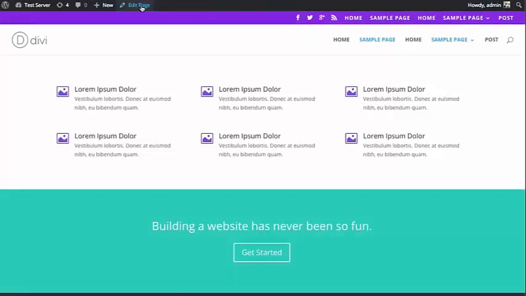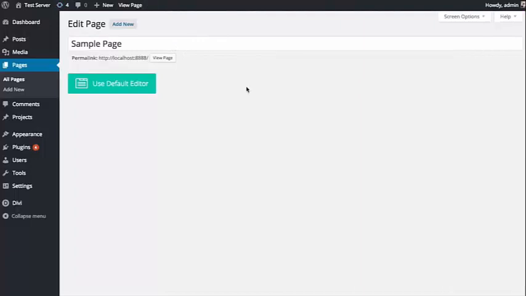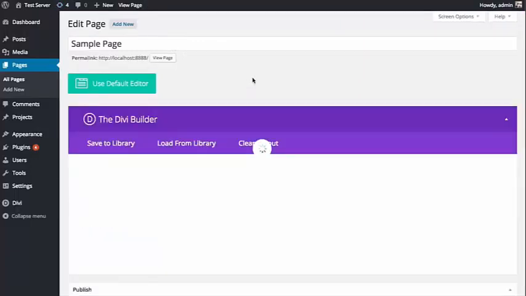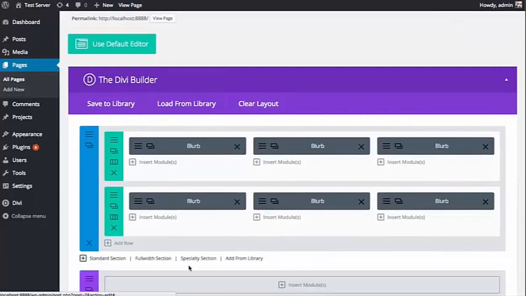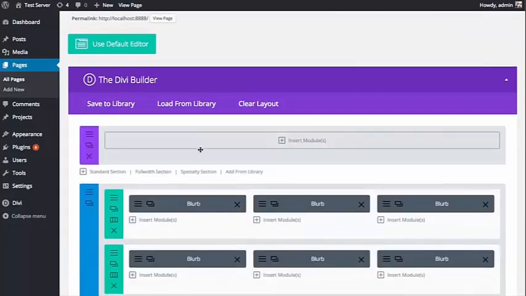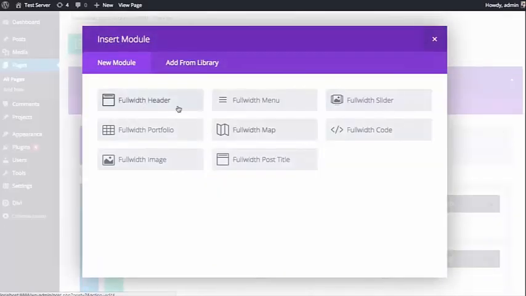So I'm going to edit this page to bring up the Divi builder, and then I'm going to add a new full-width section, because since we're dealing with a full-width header module, it needs to be placed inside of a full-width section. So I add that full-width section, drag it to the top of the page, click Insert Module, and look for